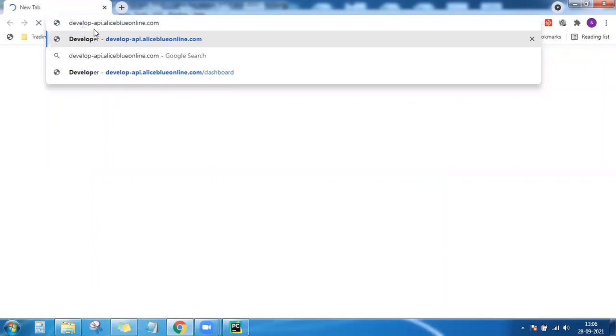So develop-api.aliceblueonline.com. When you enter this, it will ask you for username and password, and then a two-factor authentication, which is your year of birth.